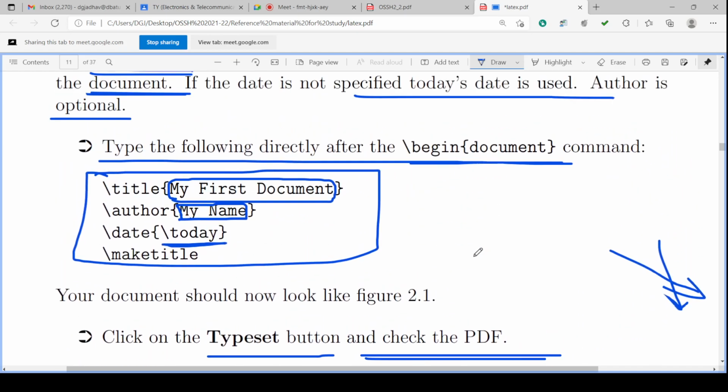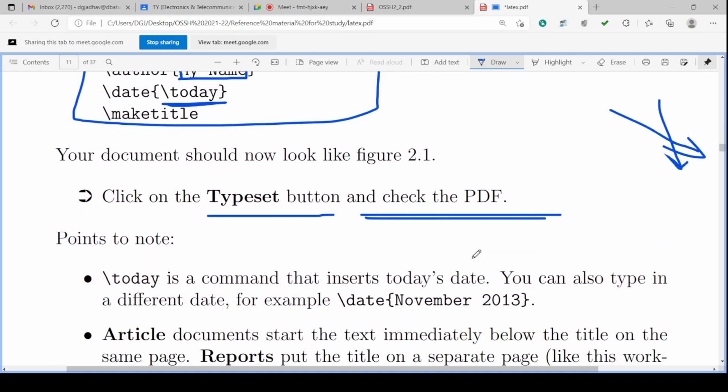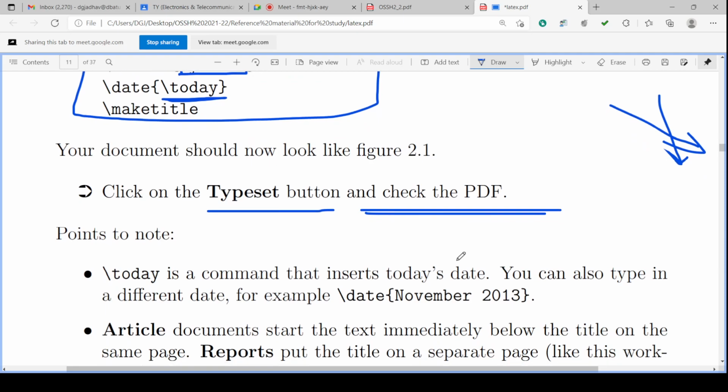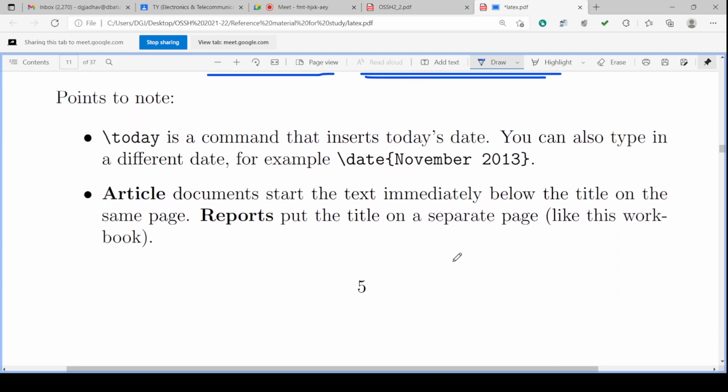And then after checking that, again we will go to the text file for the program, and after the title, whatever we want to place as the document content, we can start. We can make the table of contents, then we can go for chapter 1. Again we will check the PDF in between, again by pressing typeset. So step by step we will develop the document. We'll write the document. Each time you can go for the typeset, check the PDF, and then go further with the next part of the document preparation.